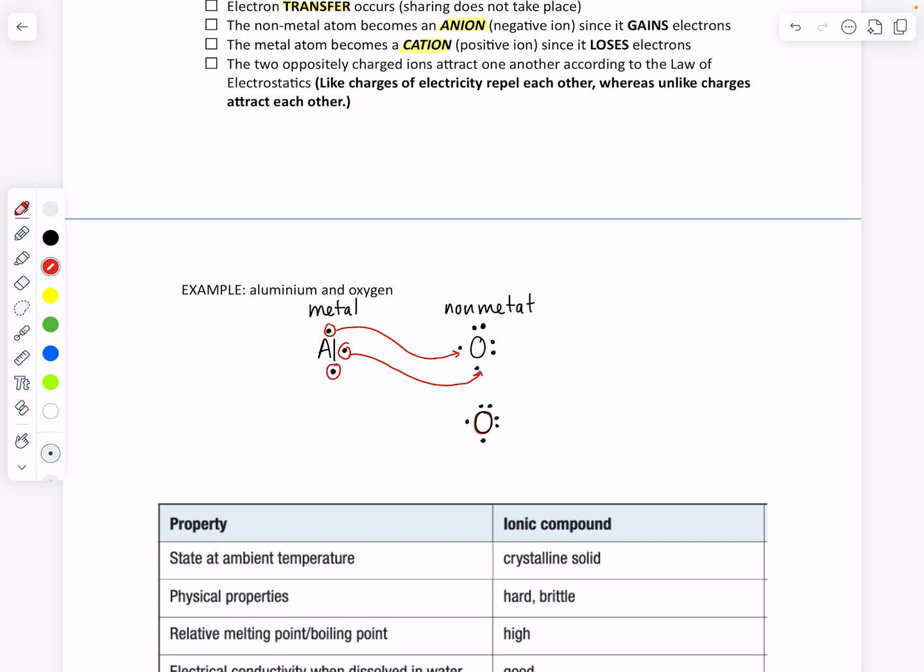So we can give this to oxygen, but now oxygen is going to need another atom. So it's going to take a second aluminum atom, now we have 2 electrons that have not participated. So if we add a third and final oxygen,